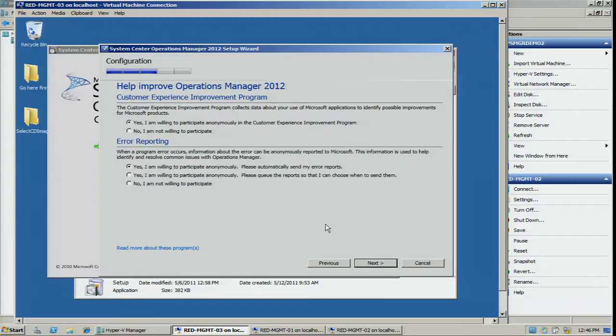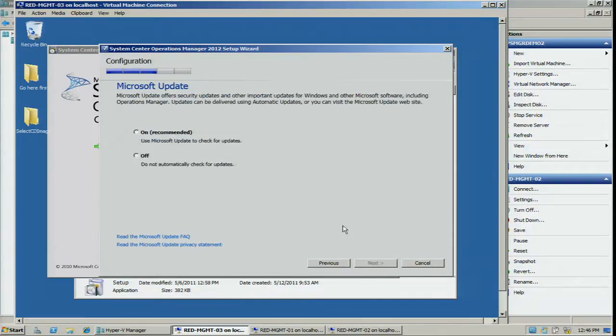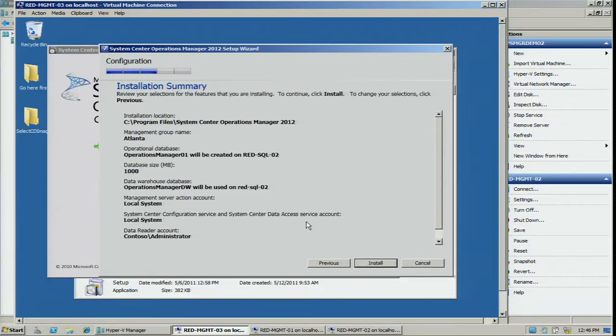So these are the very typical customer experience program screens that we had in R2. Of course, we'll go through and answer yes to both of these. And the Microsoft Update screen, so it can go ahead and check for updates. And then you'll have your installation summary. So that's a walkthrough of how you would install your very first management server in a new management group in 2012. If we back this up,